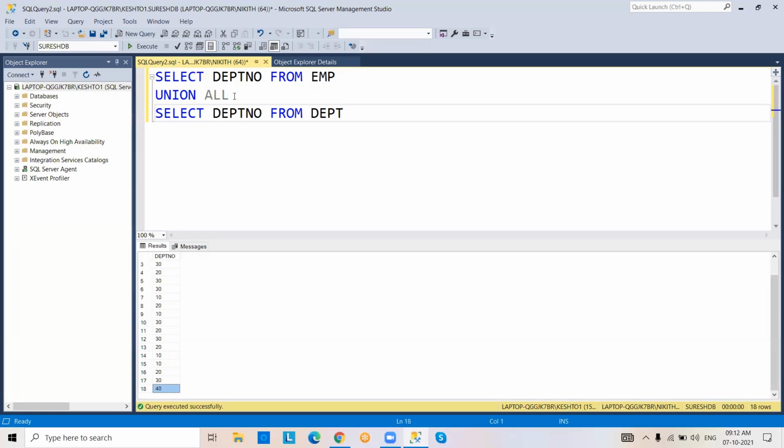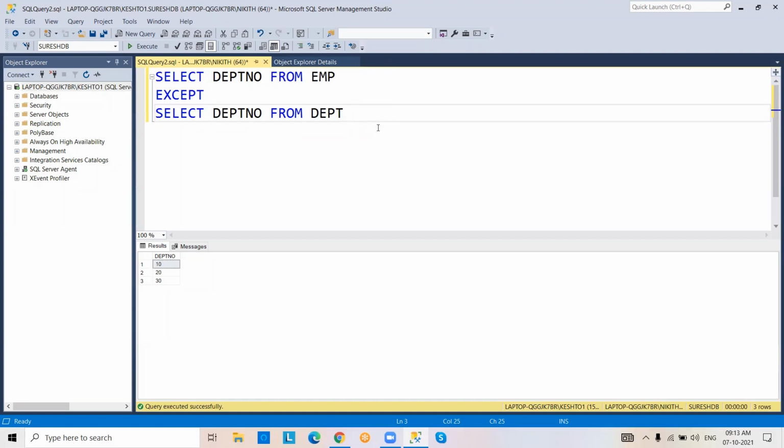In the same way, the intersect operator. Intersect means only common data. What is the common data in the tables? 10, 20, 30. So 10, 20, 30 return. Except operator means minus operator.